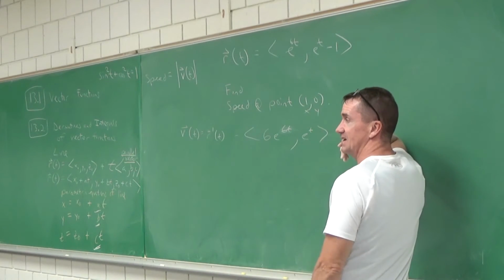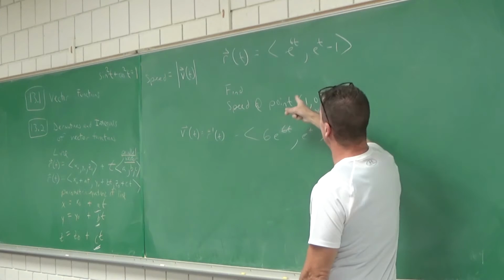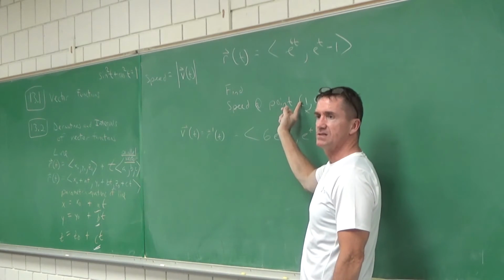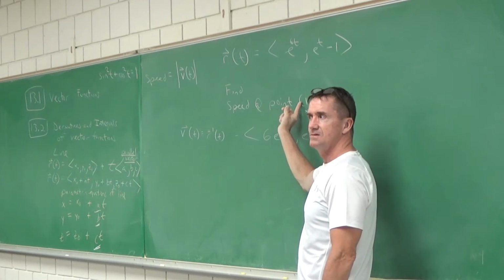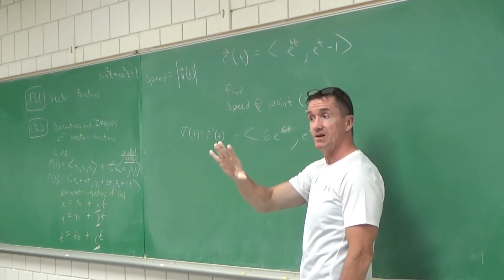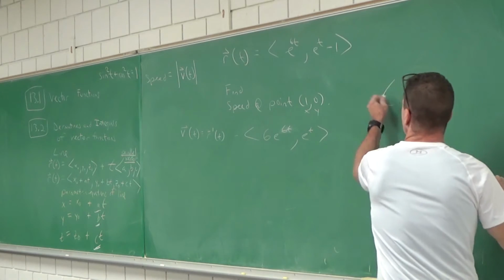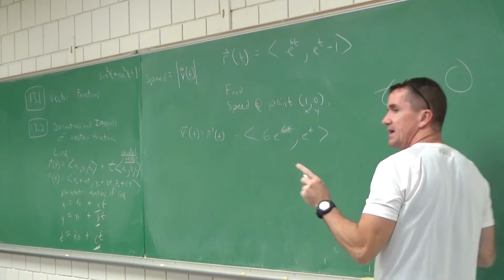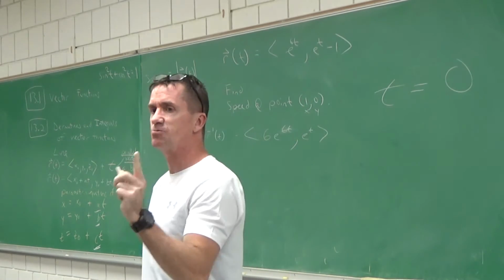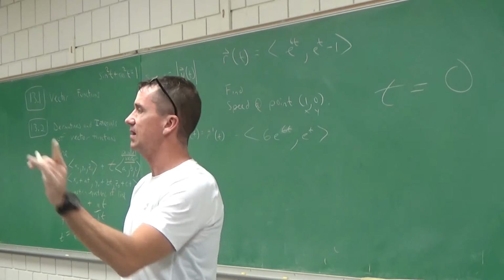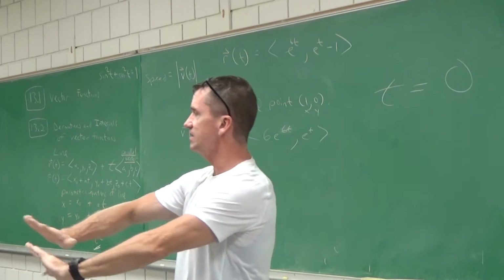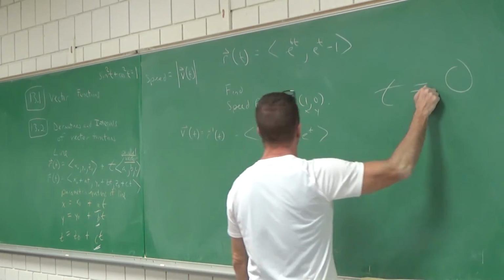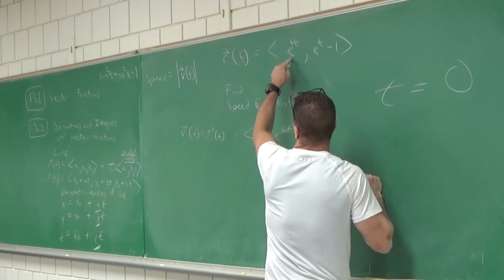This will be a common theme. Set this equal to the original position. e to the 6t equals 1. What's the t value? 0. e to the 0 is 1. So does everyone agree? I'll write it really big. I need to plug in t equals 0. Do you see what I mean? That's not given to you in the problem. That's where you can get a little bit lost in Calc 2. Don't let it happen. You'll find Calc 2 a nice, smooth ride. Just be careful when there's a parameter they don't give you. They give you x and y, so set it to the original.